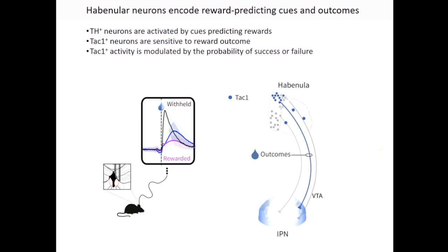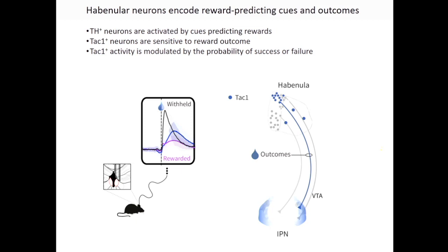So I'm interested in pursuing the possibility that this activity is modulated by the probability of success or failure in the task. One of the things that I'm struck by is, okay, I'm calling this a cell type, but using one gene to define this cell type is probably not sufficient. And I think especially not sufficient because I'm a little bit surprised that one cell would be responding to both a positive and negative valence outcome. And so one of the things that I'm interested to know is if there's heterogeneity within this Tac1 population.